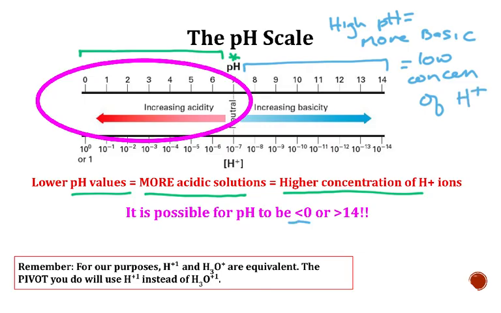It is possible to have a pH of less than 0 or greater than 14 because the pH scale is a logarithmic scale and just some other factors that there are. All right,